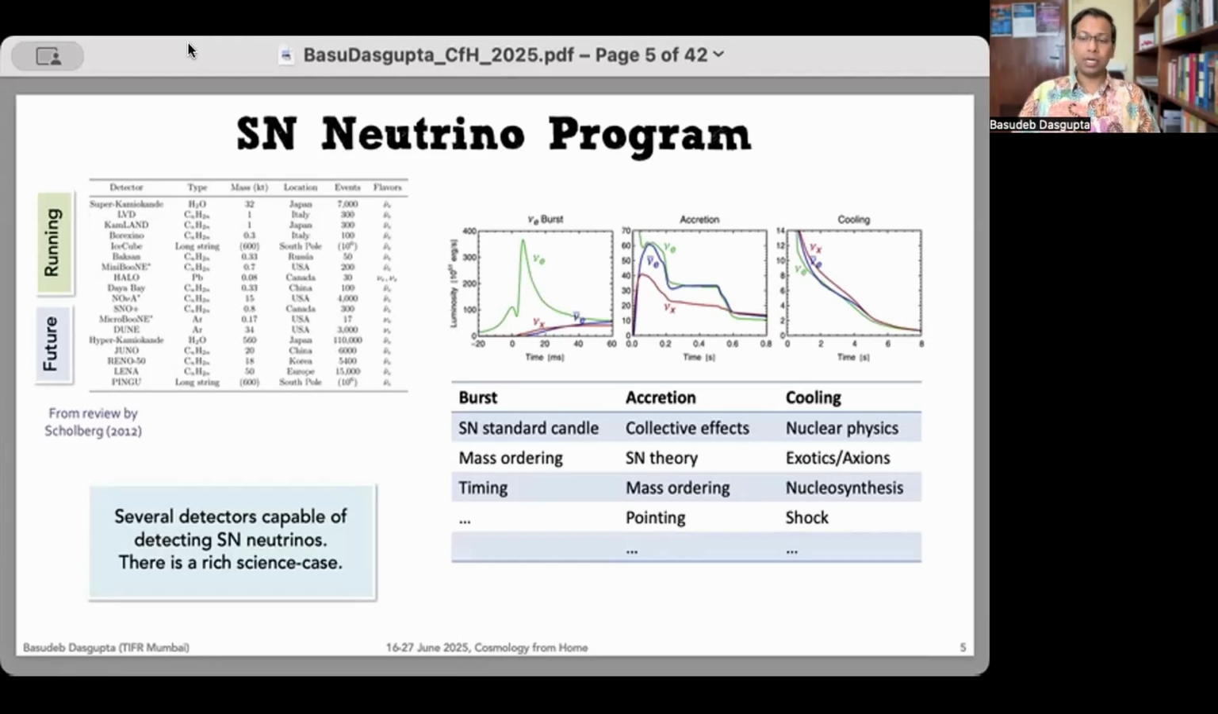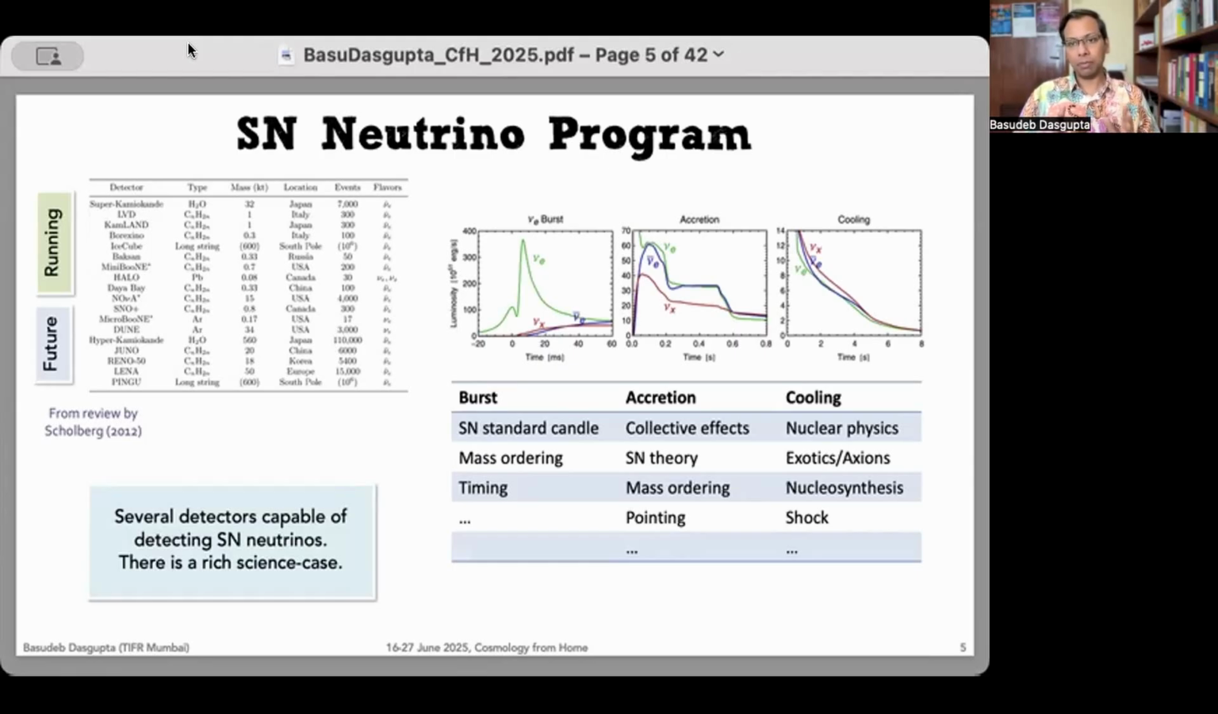What one can do depends on what kind of detector one is using. And here's a list of some neutrino detectors. Some of them are running, some of them are in the future. And then depending on which phase of the supernova explosion one is looking at, one is sensitive to a different set of physical effects. So for example, in the first